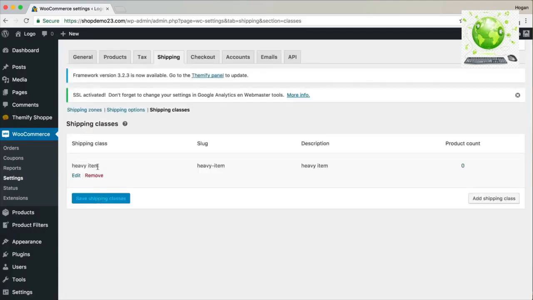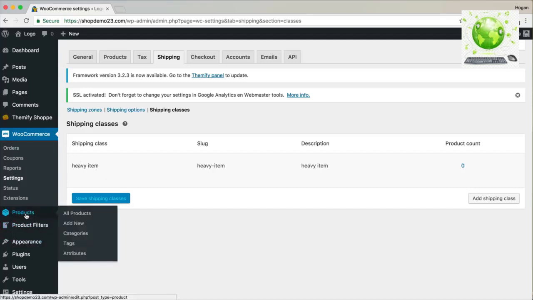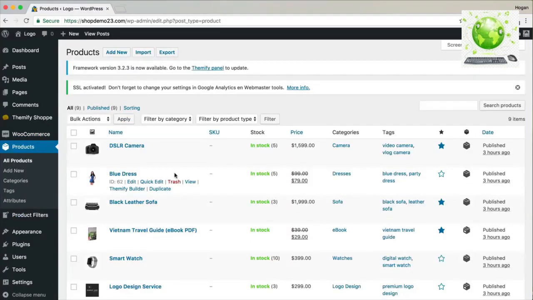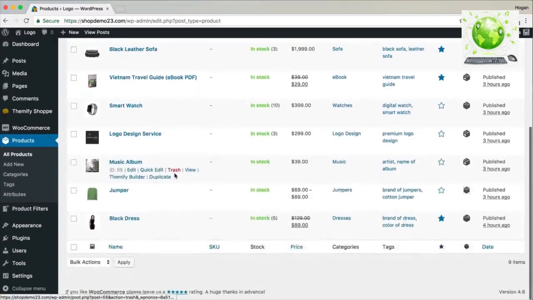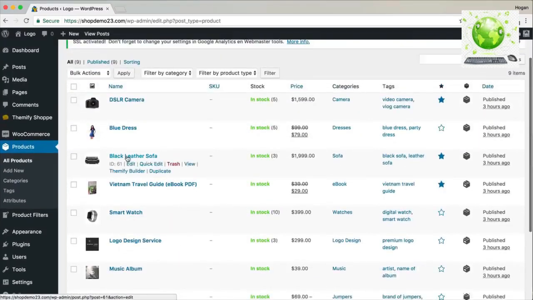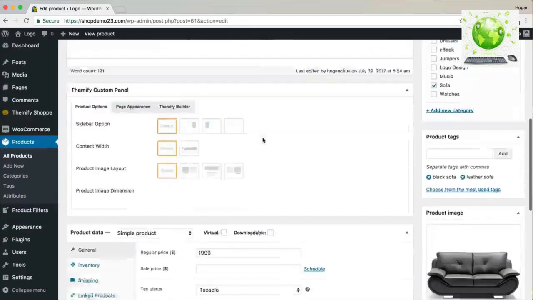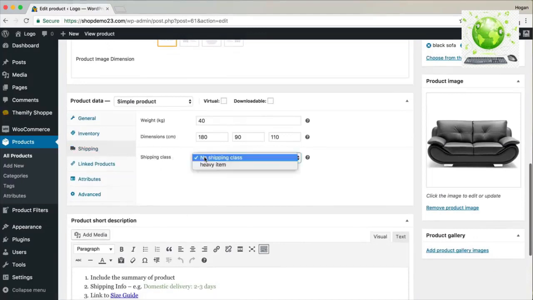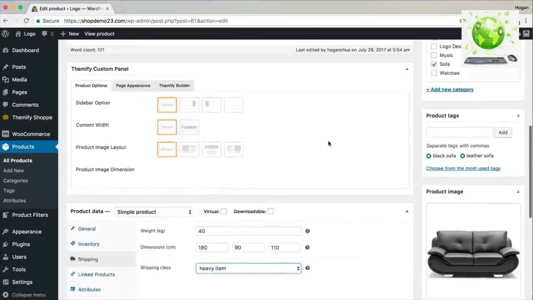So once you're done, so this is really good if you have, for example, if we go to our products, for example, if you have a heavy item such as a sofa or maybe a television, then you might set that to heavy item. Okay, so look for black leather sofa, you can click on edit, and then basically you can scroll down here to shipping, and for the shipping class you want to select heavy item and then just